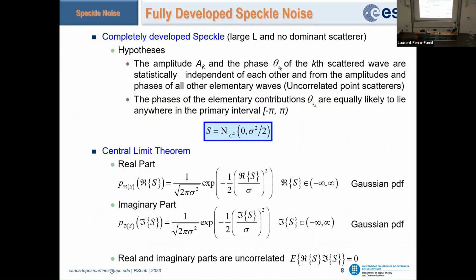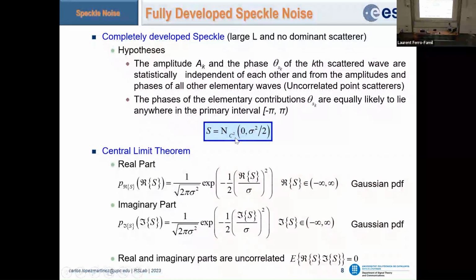Okay, so let's construct this physical interpretation. Under the hypothesis of completely developed speckle, we have a large number of targets within a resolution cell and none of them is dominant. Taking this hypothesis, the amplitude and the phase of each individual scatterer are not related among them, and the phases of the individual targets are distributed between minus pi and pi, we can consider that, or we can